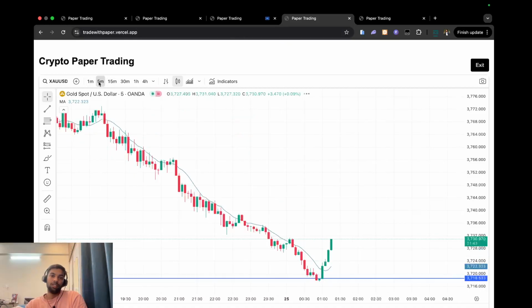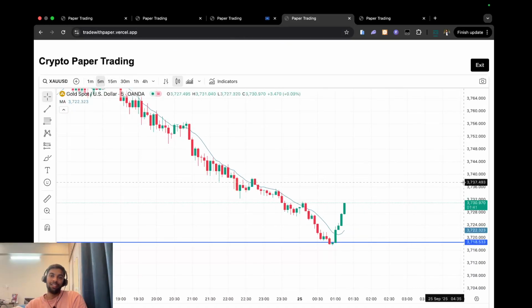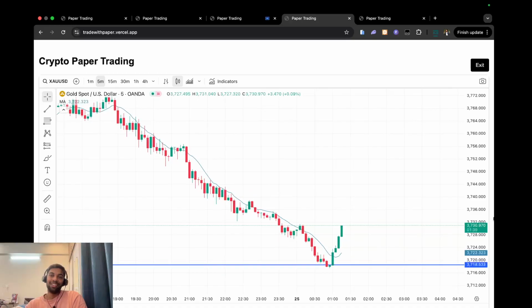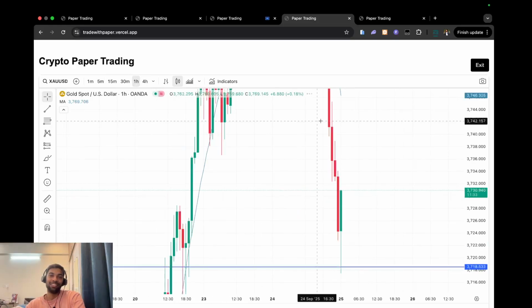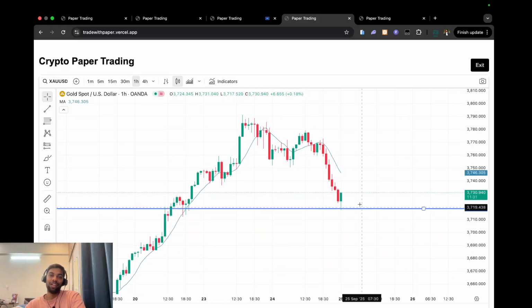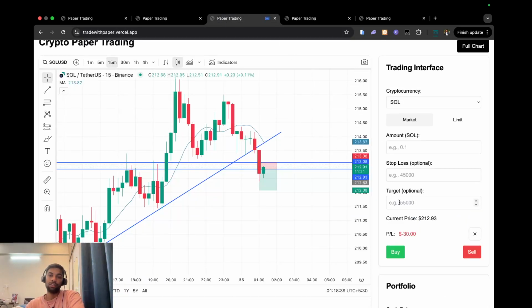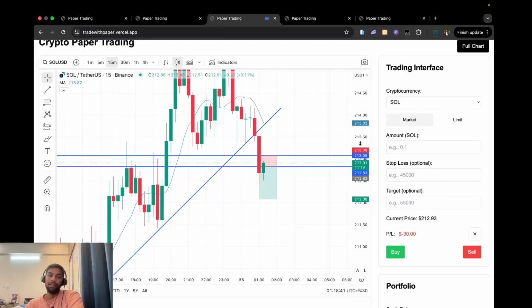So you can just see that gold is doing crazy, like gold is reversing like hell. So this is the reversal, great reversal, guys. At the 1 hour candle you can see that this is a fall, but as soon as we entered, the market reversed. Okay, so in Solana we are facing a loss of $24, $30 right now. And this is the pullback, and as soon as we entered, the market just reversed.